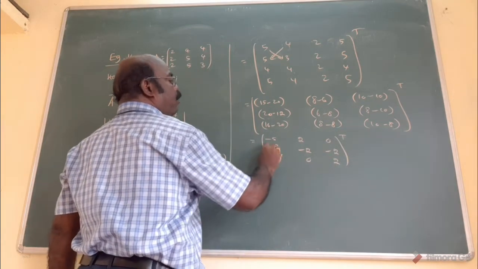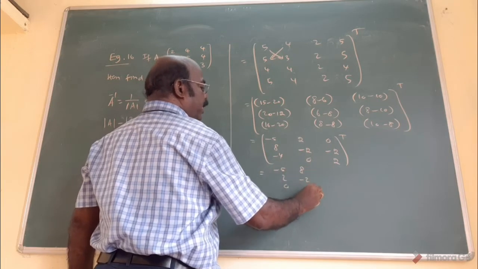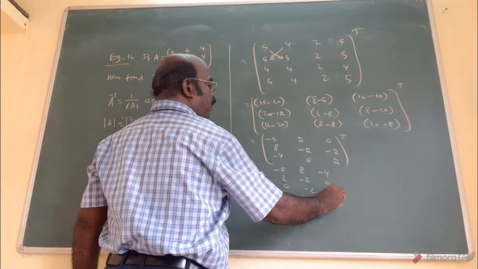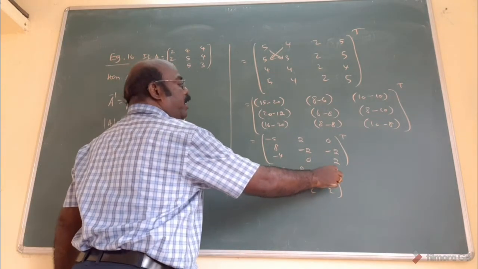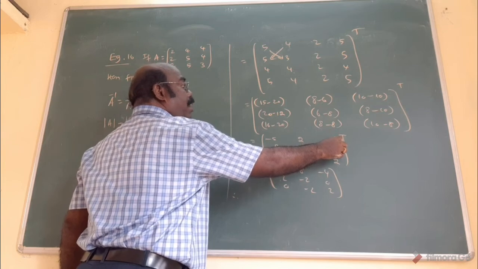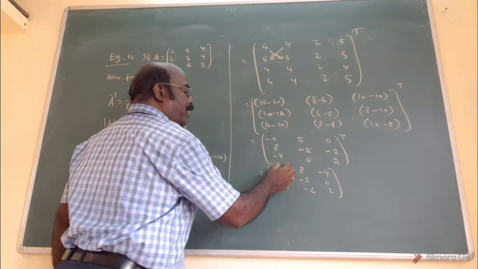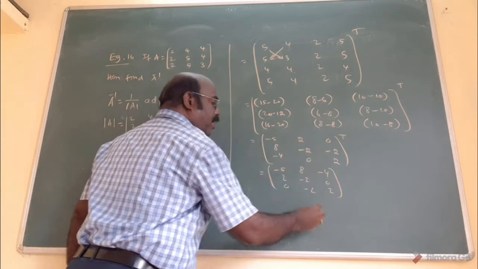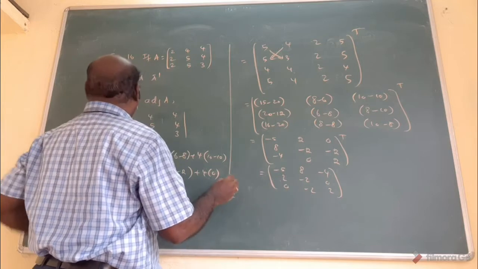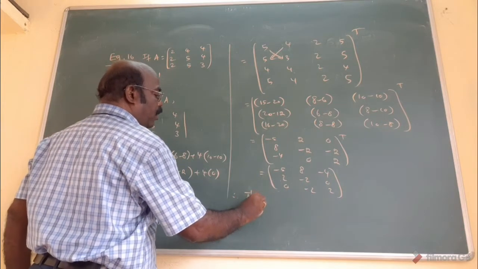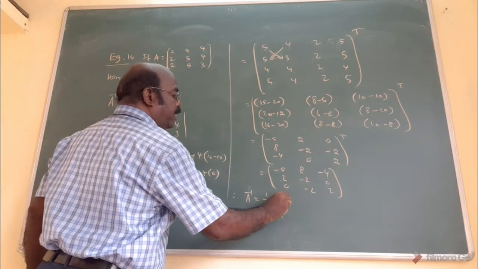Now change the side. The first row is converted to the first column. The second row is converted to the second column. The third row is converted to the third column. Now don't put the plus sign here, because the T represents the transpose of the matrix. Now the first row, minus 5, 2, 0, becomes the first column. Next row, next column. Third row, third column. Now, what is the inverse formula? A inverse is equal to 1 by determinant of A, minus 2, into adjoint, what is this one.